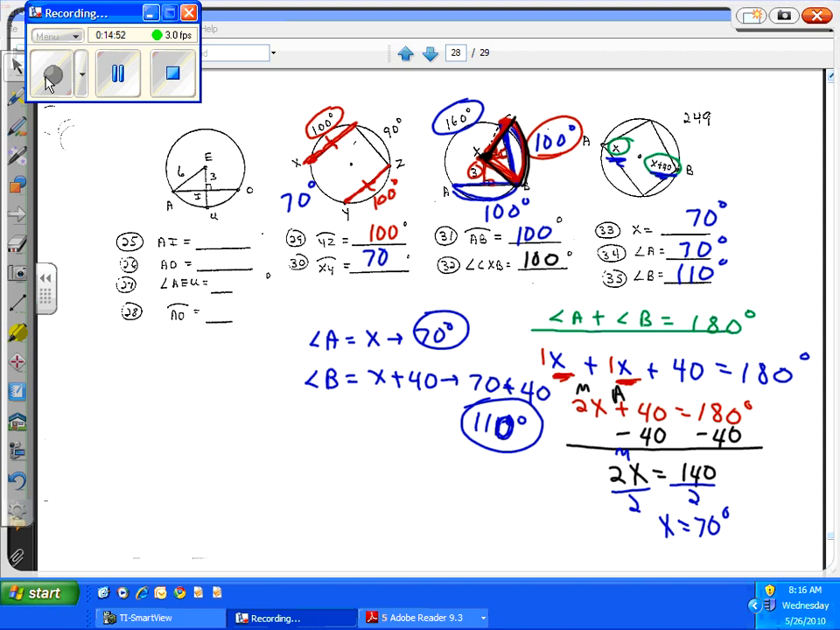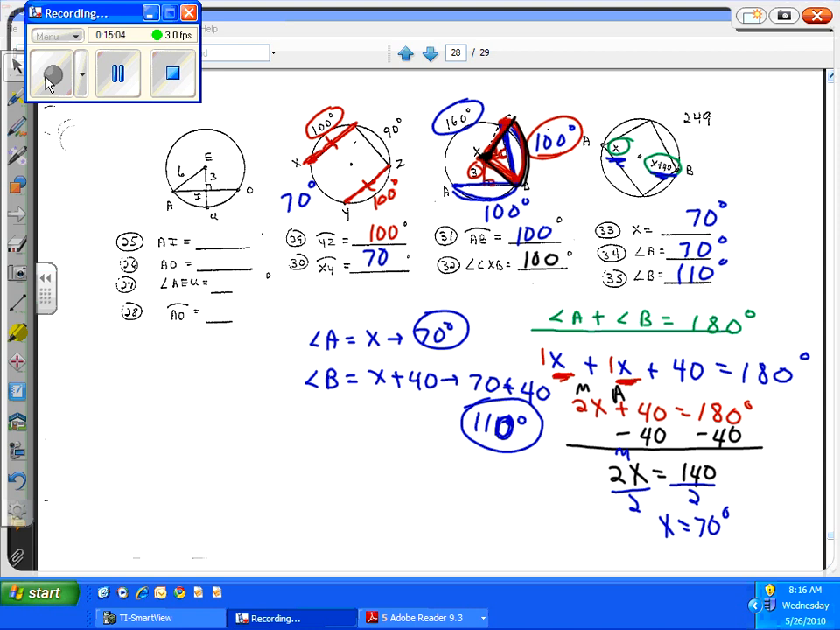Any questions on 25 through 35? If a radius is perpendicular to a chord, it bisects the chord and the arc of the chord. That's 25 to 28. 29 and 30: in equal circles or in the same circle, equal chords have equal arcs, and equal arcs have equal chords. Number 31 and 32,